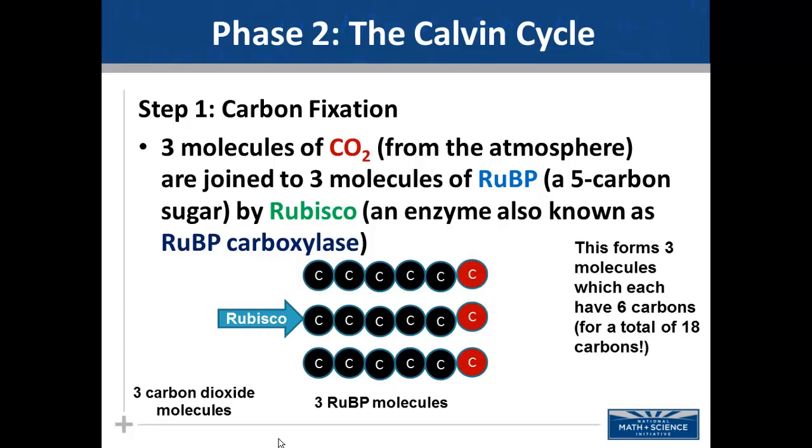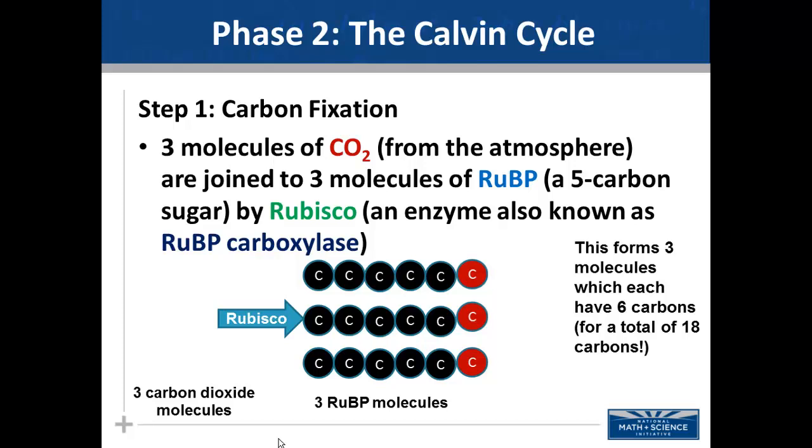Hopefully you can see that just by counting the circles on the screen, and we just need to pay attention to those numbers. So we started with 15, 3 RuBP molecules which each had 5 carbons. But then 3 carbon dioxide molecules were added, and those came from the outside, from the atmosphere, diffusing in through the stomata. The other thing to point out before we move on is that the black carbons and the red carbons are exactly the same, but I color-coded them just so we can keep track of where these different carbons came from